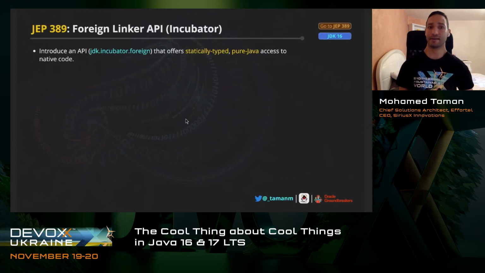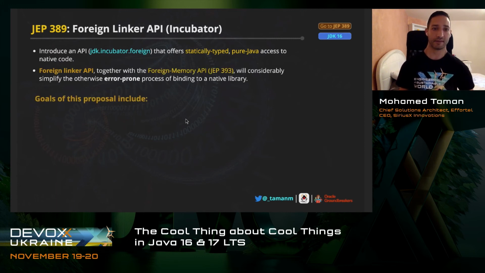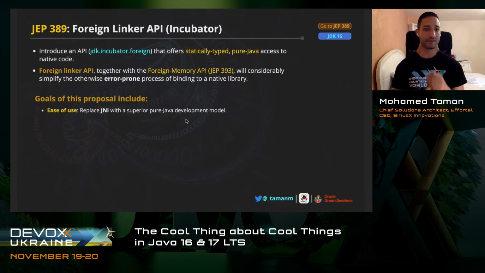And the foreign linker API. Now it was like an incubator module in JDK 16, and this is a very nice addition. This is about the foreign memory API, and it will considerably simplify the error-prone process of binding to native libraries. Do you remember JNI, Java Native Interface, when we would like to call some C++ libraries or external